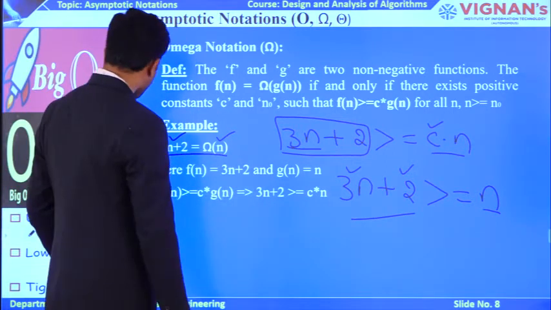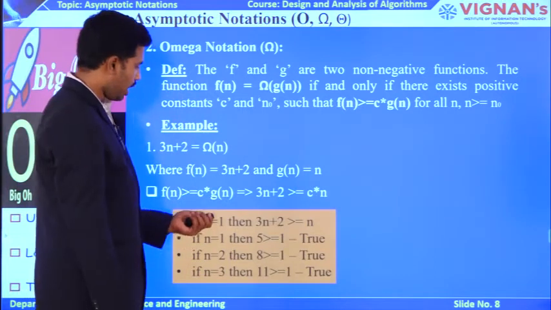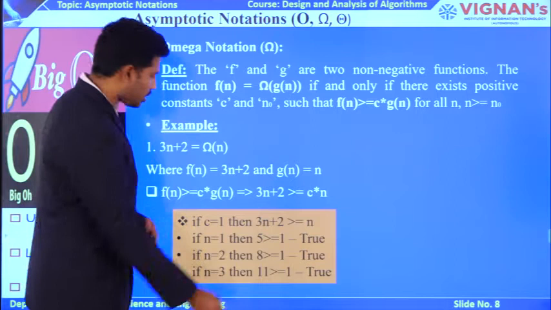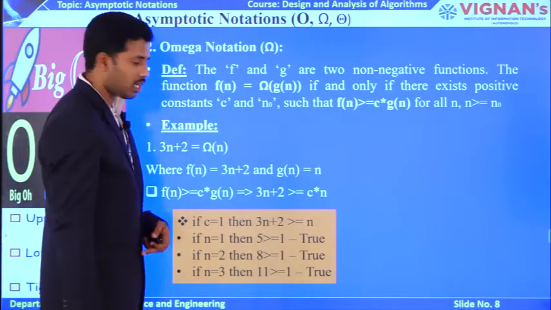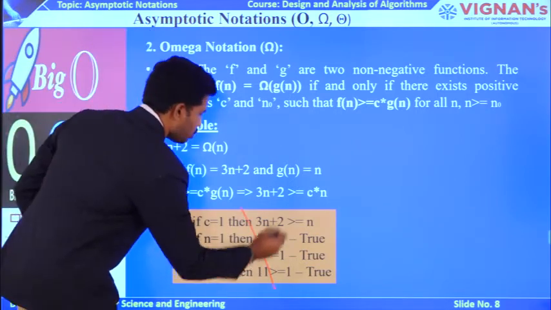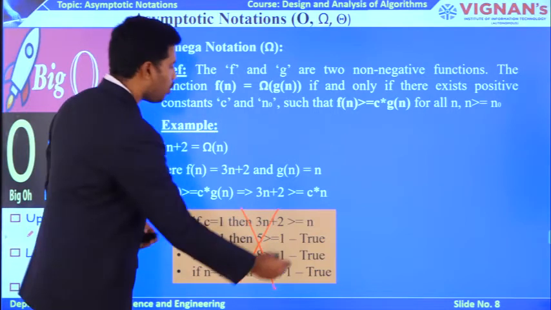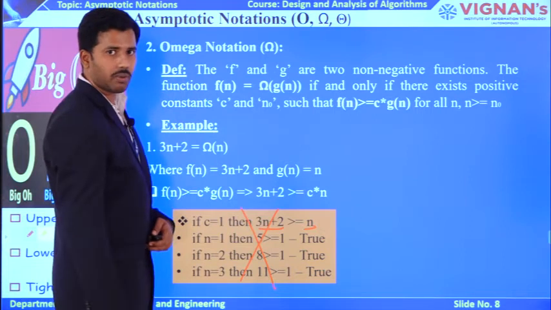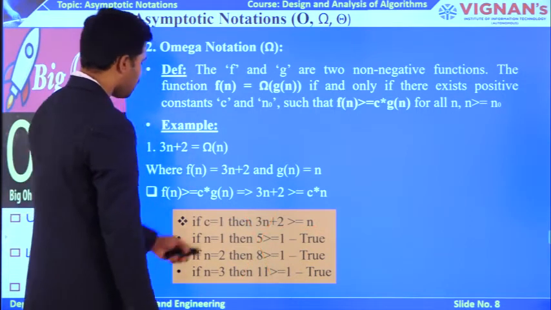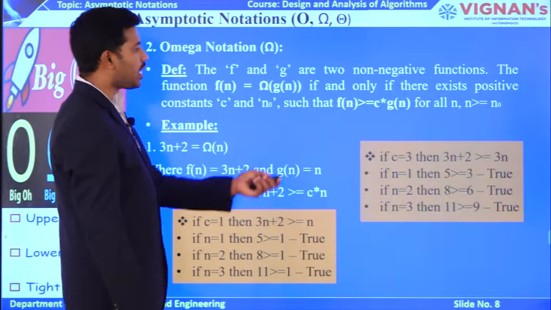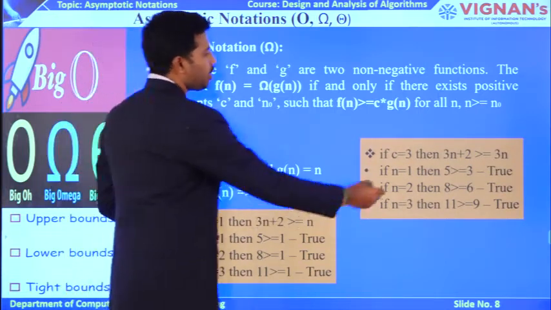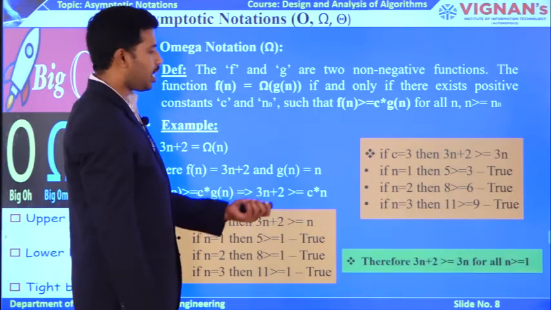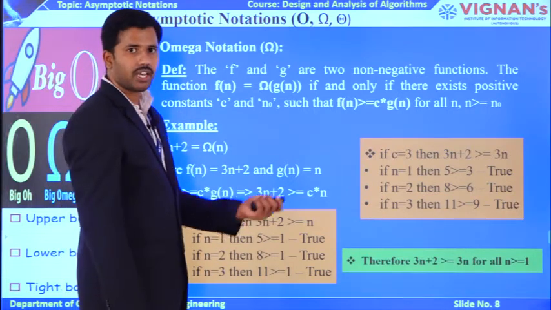Okay. So, if you take c equal to 3, this is my analysis, right. If you take c equal to 1, ultimately your equation starts satisfying for every n value, but do not take this approach. This approach is wrong. You need to prove both f of n as well as g of n must have equal power. Okay. For better understanding only I am giving this one. So, try to take c value equal to 3. Ultimately your equation starts satisfying from n equal to 1 onwards. Therefore, 3n plus 2 greater than or equal to 3n for every n value.